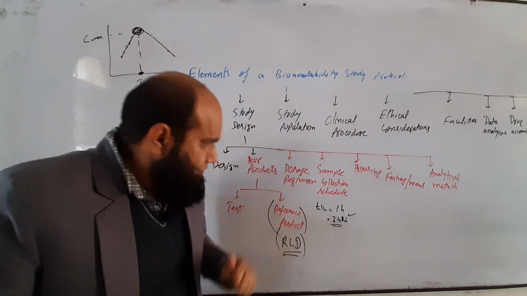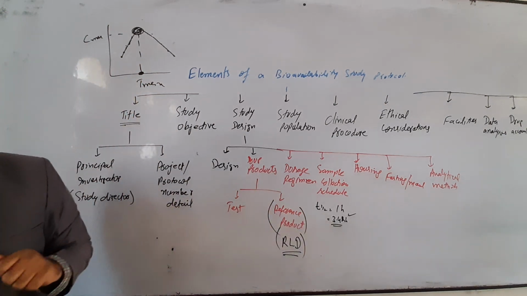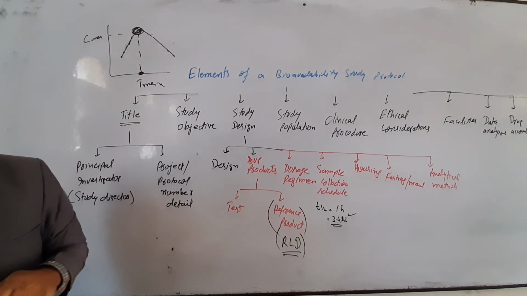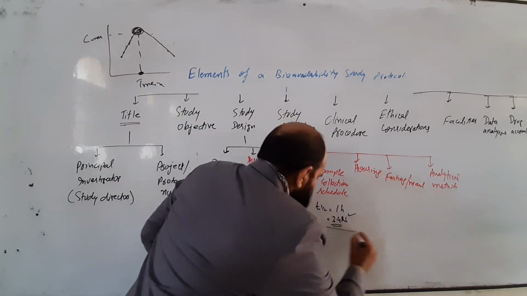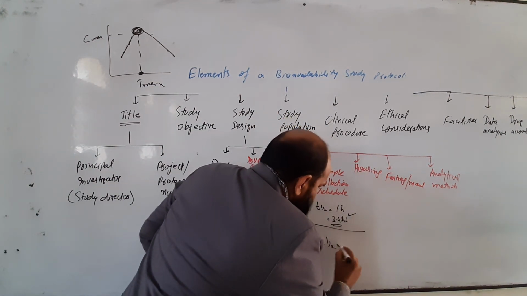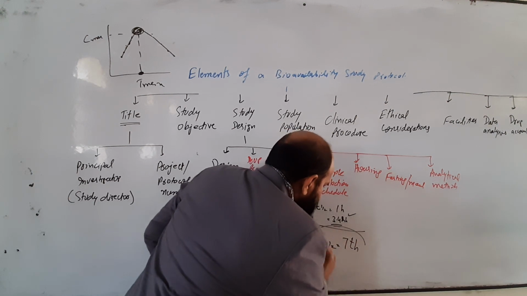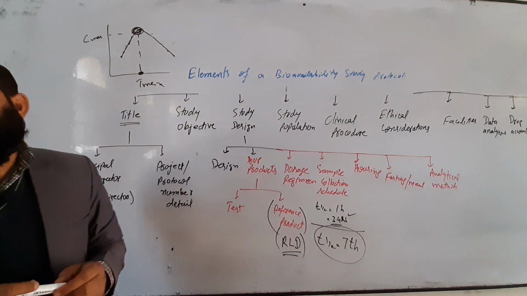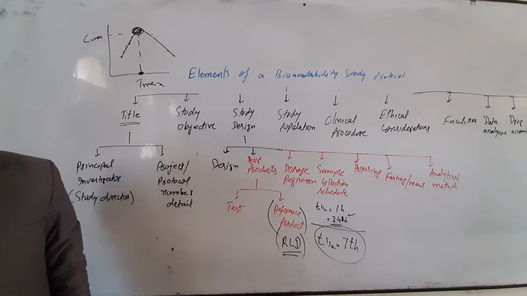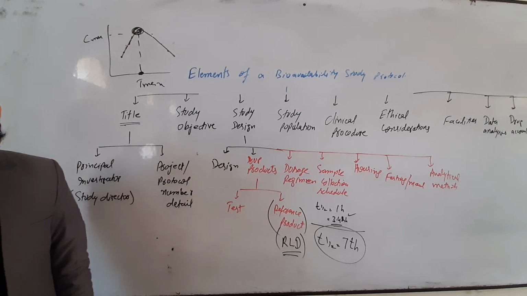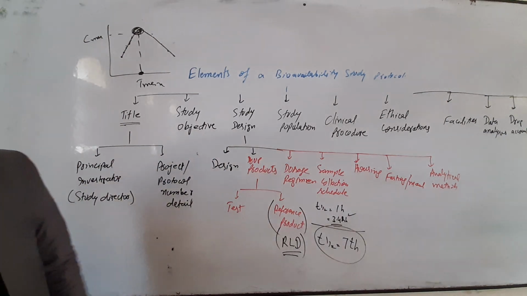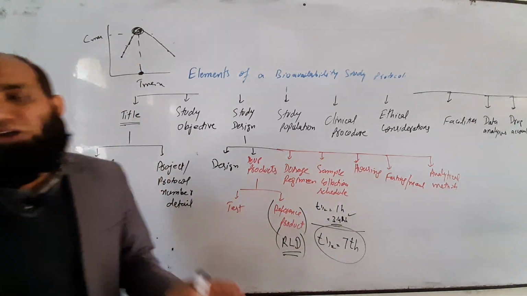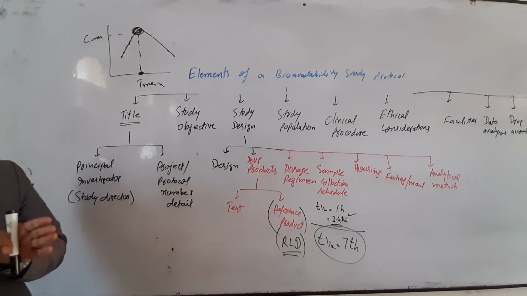Okay, next is, in case of urine, the sample collection time. In case of urine, we have a concept of 7 half-lives. At least we have to collect the urine of the volunteers for at least 7 half-lives. When we are discussing 7 half-lives, then we will have to collect the urine, and we have already